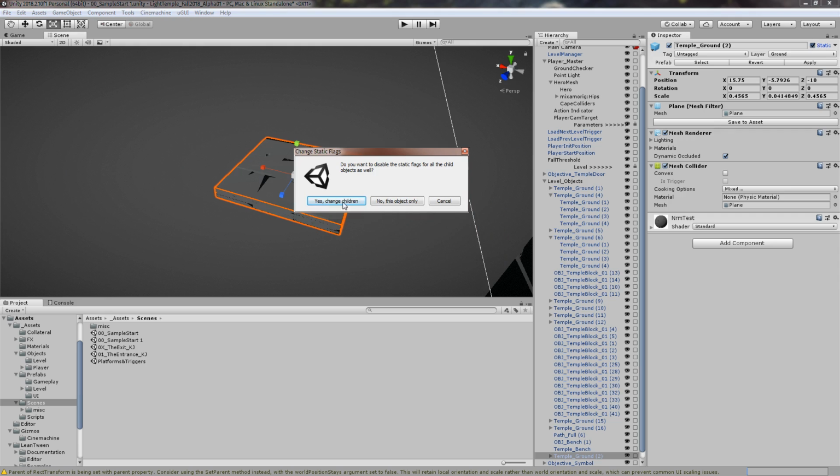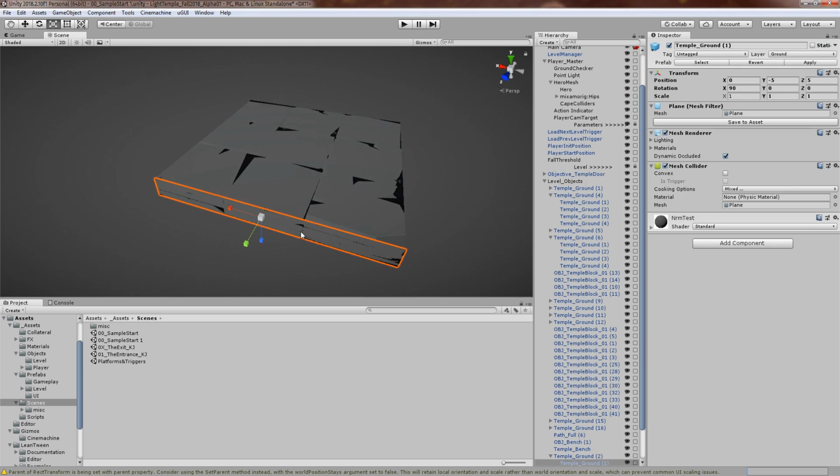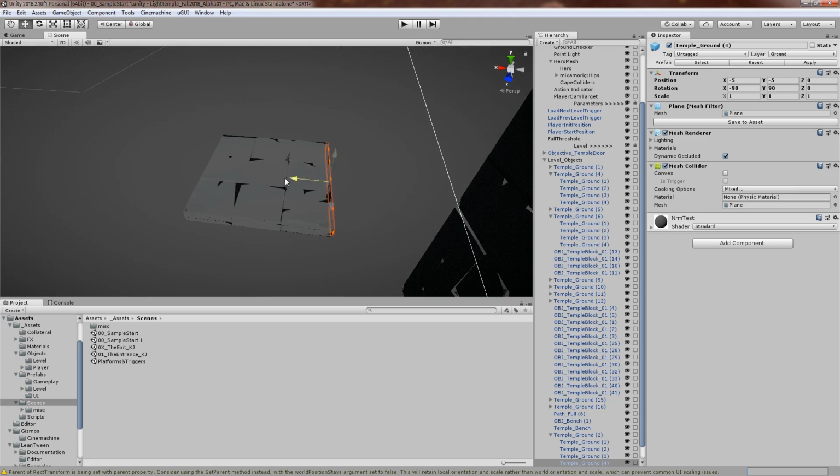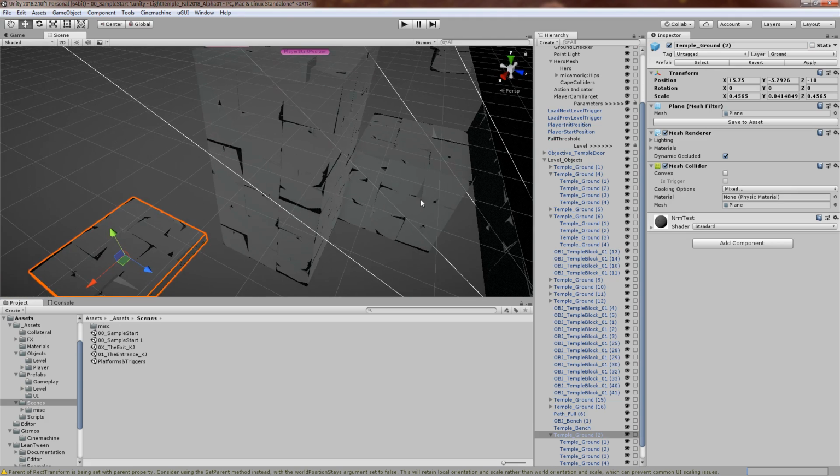And it'll ask you if you want to disable the static flags for all the children, and you want to say yes, because it's made up of individual parts here, as you can tell. It's all just quads. So make sure you say yes to that. So now that we got this selected,